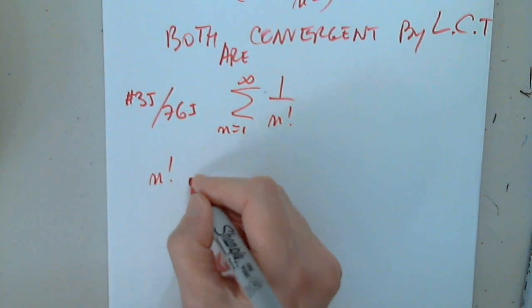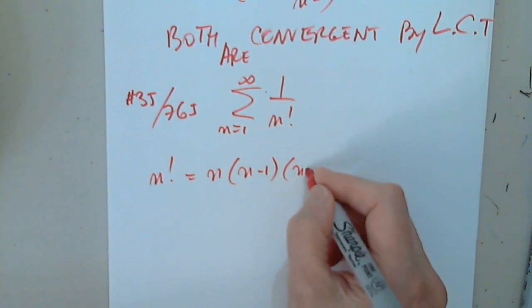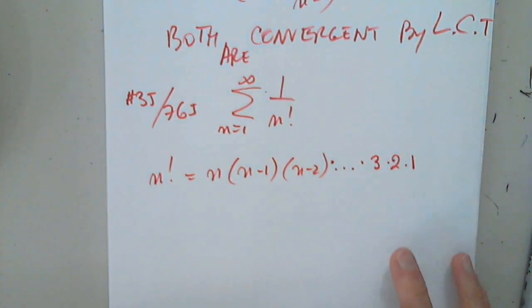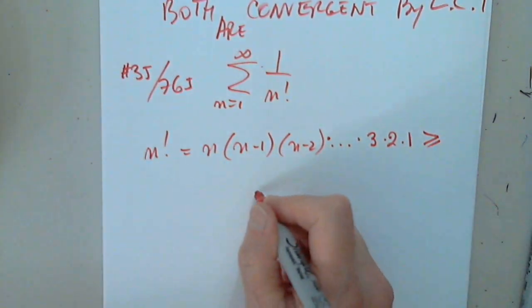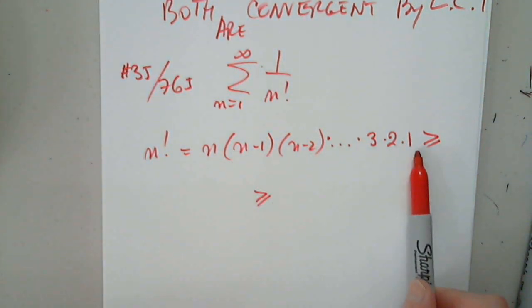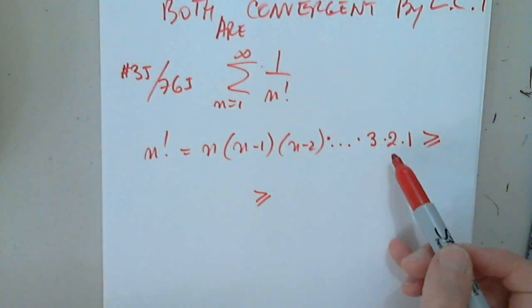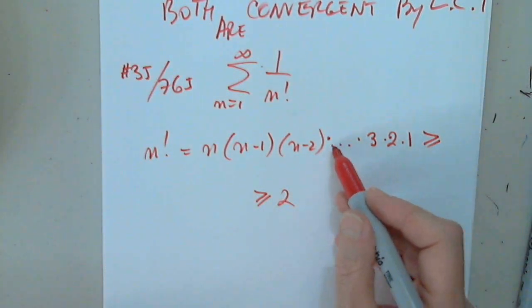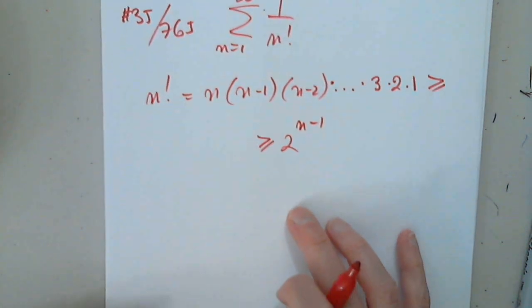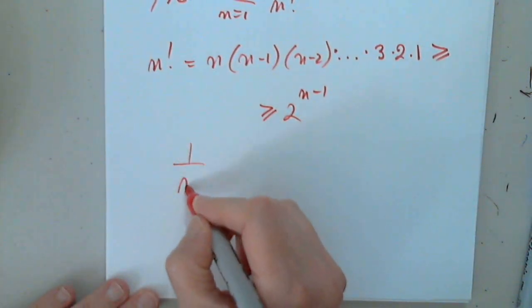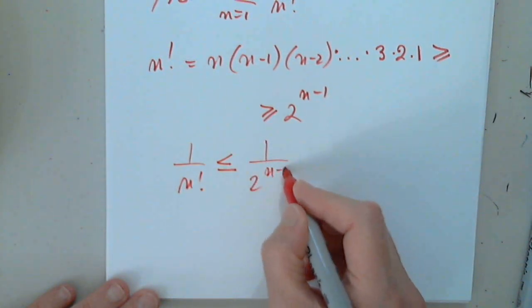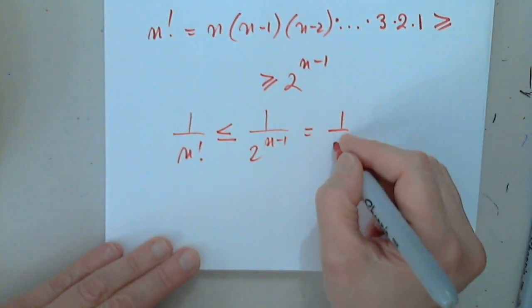Okay, I'm sure you remember that n factorial is n times n minus 1, n minus 2, dot, dot, dot, multiplied by 3 times 2 times 1. It turns out that if we replace all these terms by something smaller, right, by 2, 2 times 2 times 2 times 2 times 2 times 2, and so on and so forth, then 1 over n factorial will definitely be smaller than 1 over 2 to n minus 1, which is basically